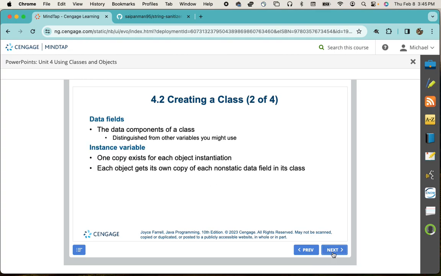And then you have the data fields. Data field components of a class distinguish from one variable you might use. Instance variables. One copy exists for each object instantiated. All right, so let's kind of take this out of the theoretical from me talking about it to now doing a little exercise. We'll go ahead and open up